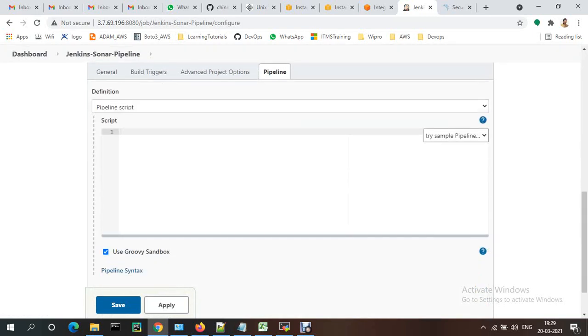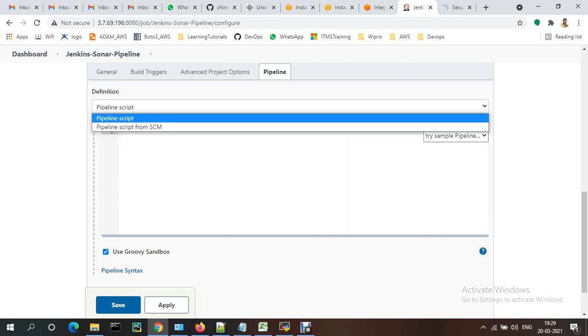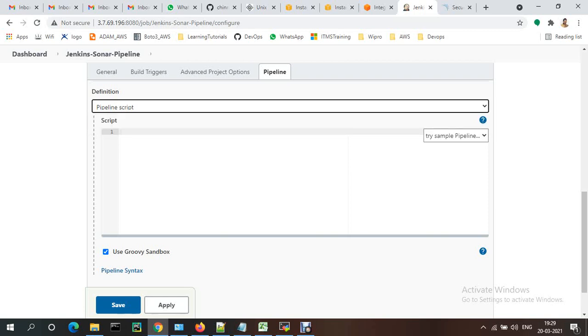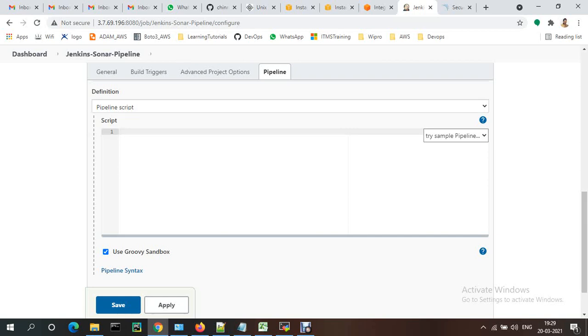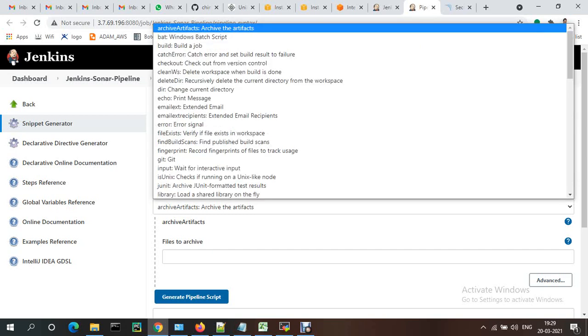Here, it is not in SCM. It is not in a Git repository, so it is in pipeline script. So I'm writing the declarative pipeline. If you don't know the syntax, how to write the pipelines, you just click pipeline syntax, and select what you want to give, like a list of options will be provided.